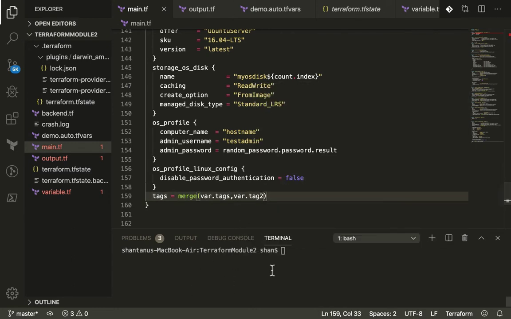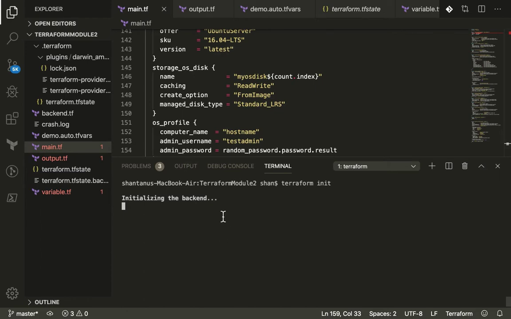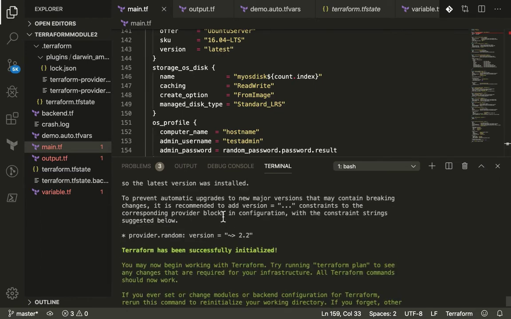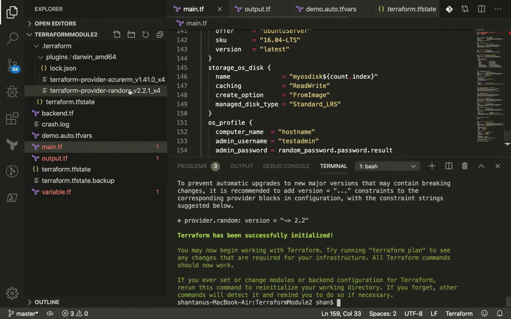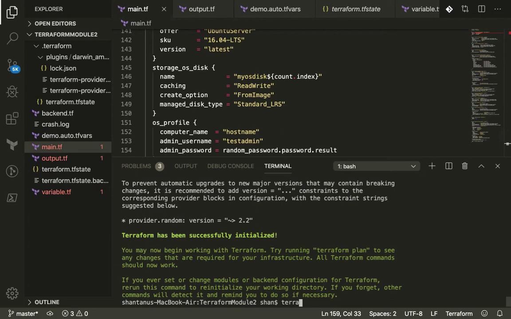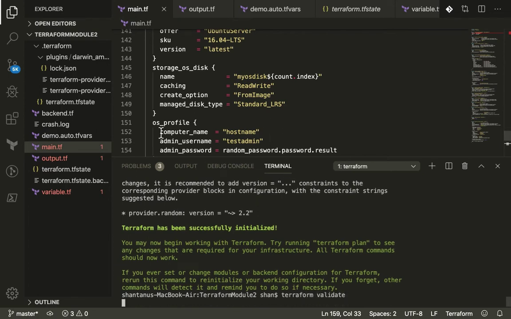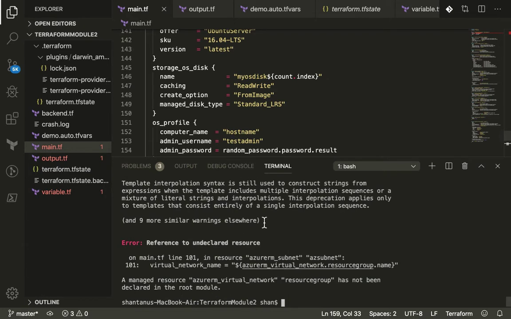Yep, looks okay. Let's do a Terraform init first, and you'll see that it's going to initialize the Terraform plugins. So now it has got 2 plugins underneath it. One is random and one is Azure RM. Then do a Terraform validate. Looks like the resource group hasn't